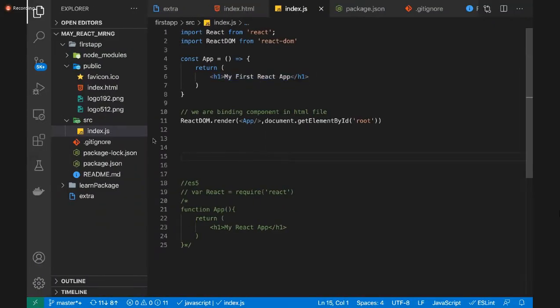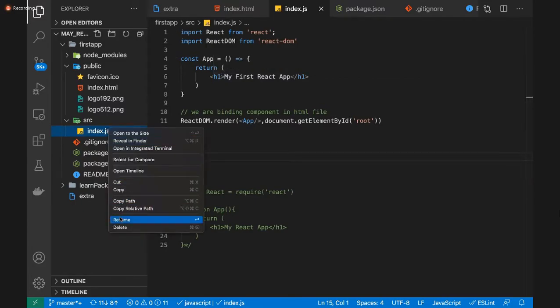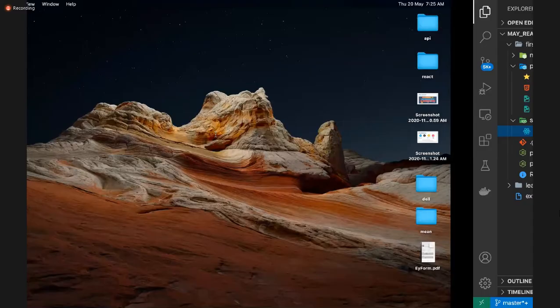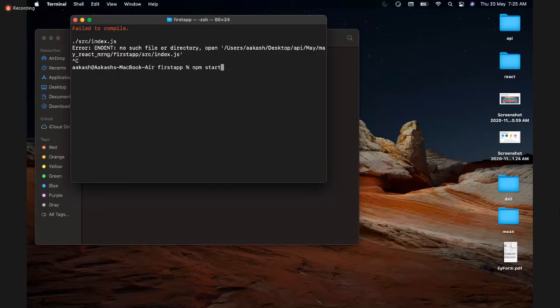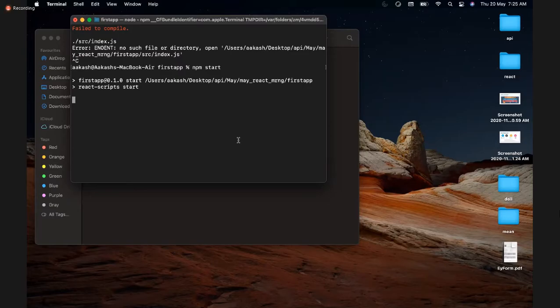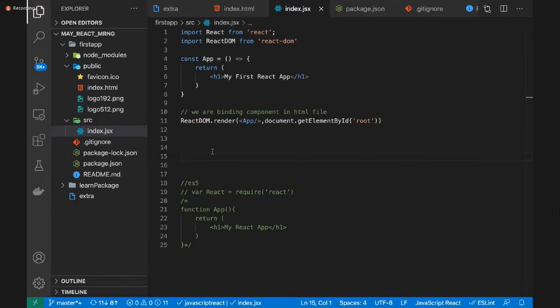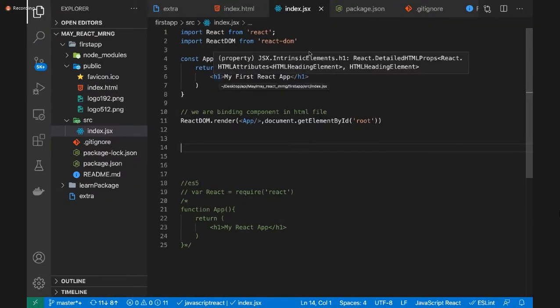You will see some people write JSX files. Anyways, by default, this is JSX, guys. But some people write JSX files. It's not going to make a difference. So if I make it a JSX file, I just have to restart the application. Control C to stop. Just restart the application. When you restart the application, you will see it will work as it is, guys. No change will come. The only thing is you write a JS file or JSX file. At the end of the day, inside every JS file, you're writing JSX only, guys. Right? So it does not matter. If you write JSX files also, it's fine.